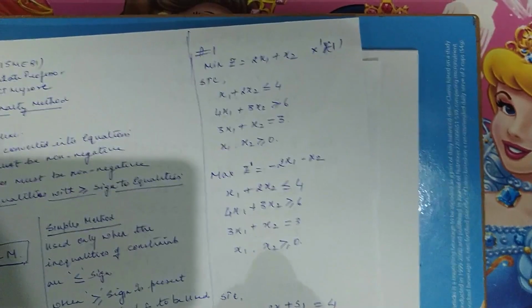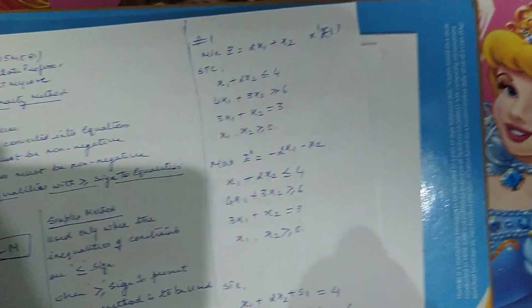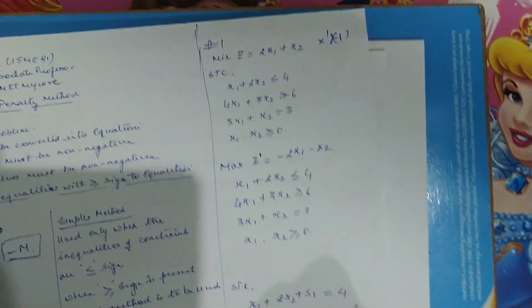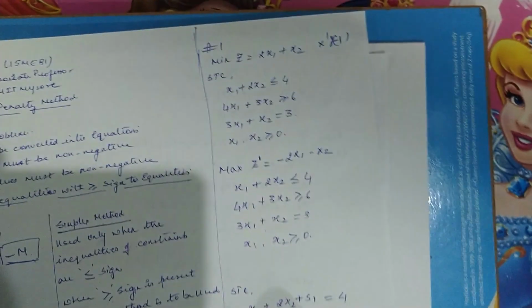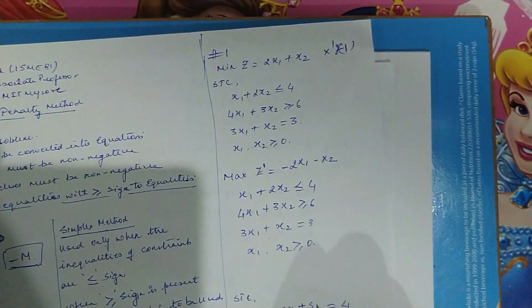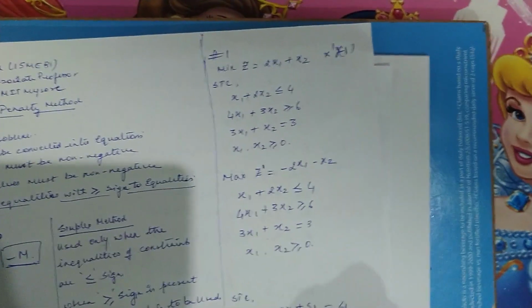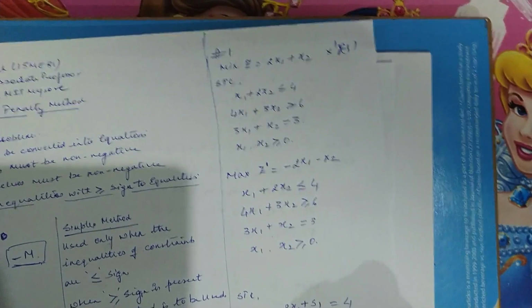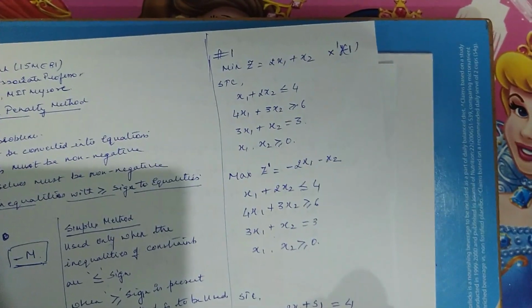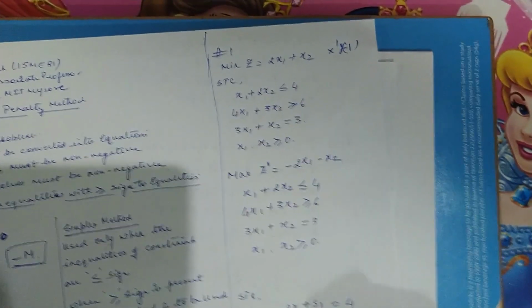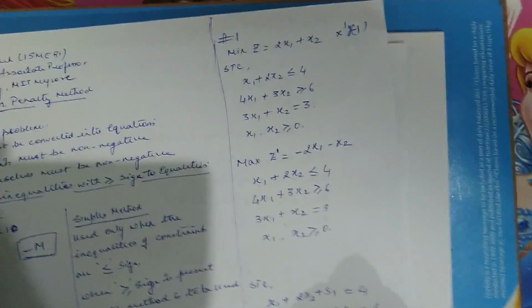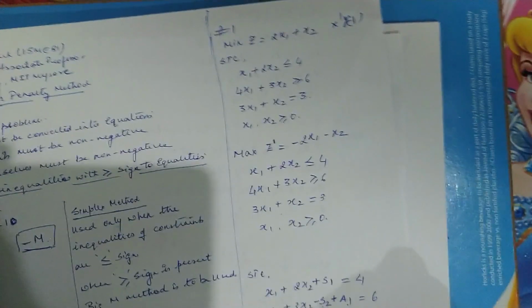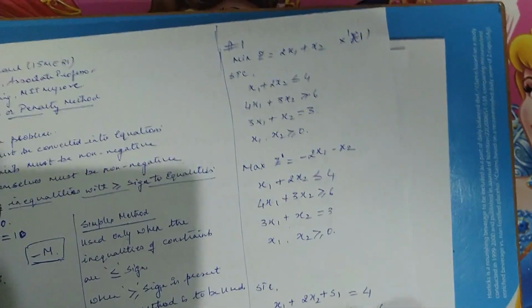Third constraint, 3x1 plus x2 is equal to 3. This is an equality which is already given, but even then we're supposed to add something which is called an artificial variable. Since we have now added a slack variable in the first constraint, a surplus variable plus an artificial variable in the second case, and only an artificial variable in the third case, because there was no inequality present, all the variables x1, x2, s1, s2, a1, a2, all of them now are greater than or equal to 0. So I am supposed to incorporate all of these things in the objective function.